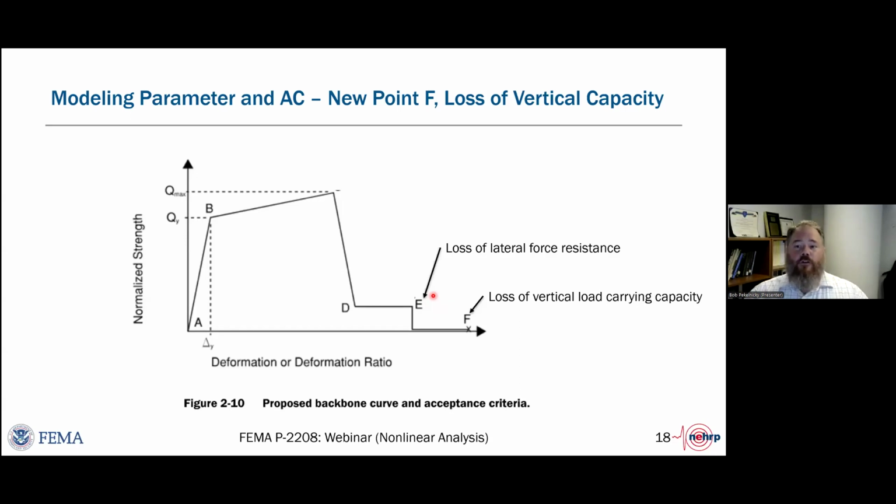So our goal with introducing these points was to hopefully set the stage so over the next 10, 20 years, researchers can develop new ways to do these tests that push their components there and extend out the deformations and get more accurate modeling parameters and acceptance criteria. Because I think one of the whole overarching reasons for having ASCE 41 and continuing to update ASCE 41 is the recognition that seismic evaluation and retrofit of existing buildings is essential to our community's resilience.